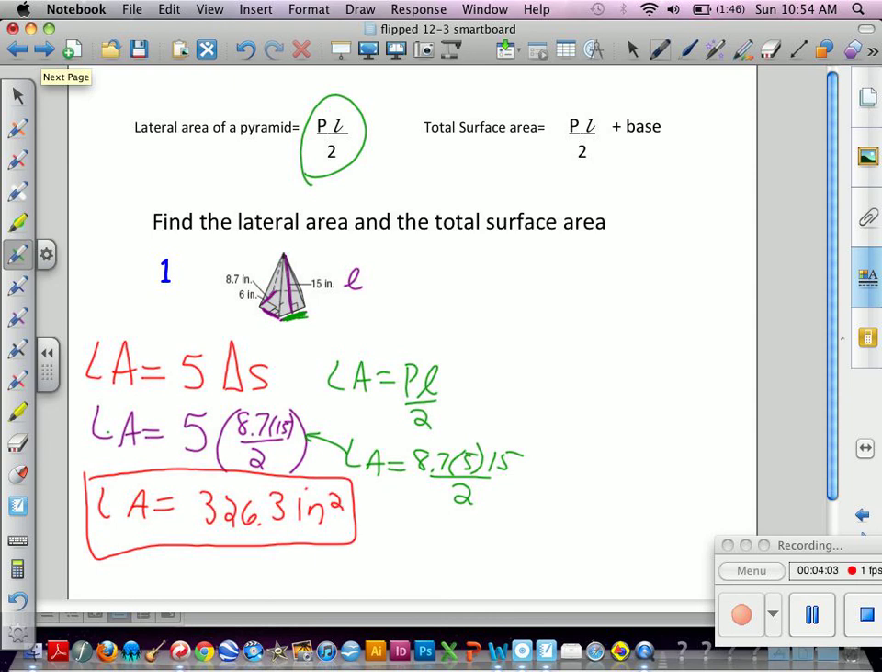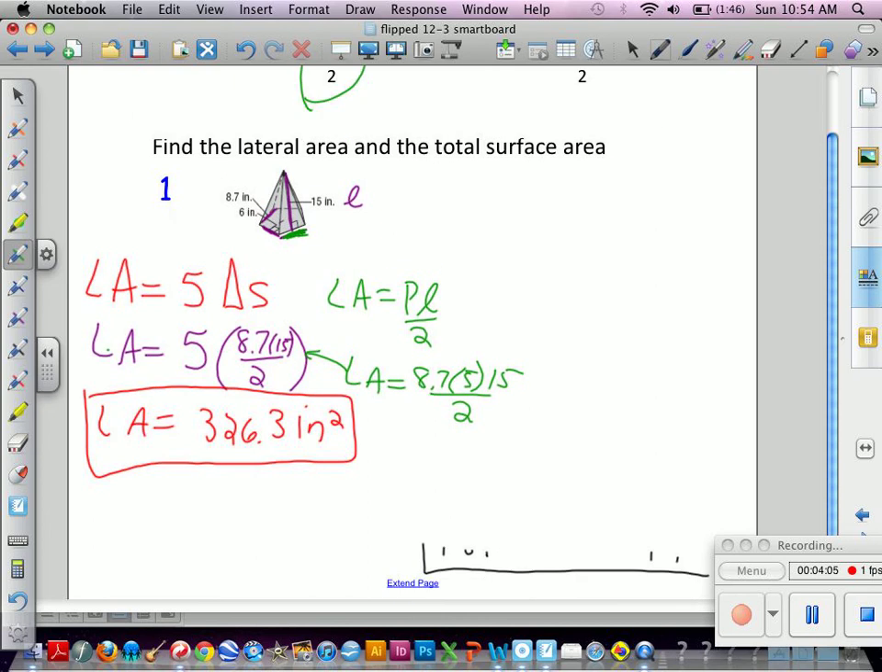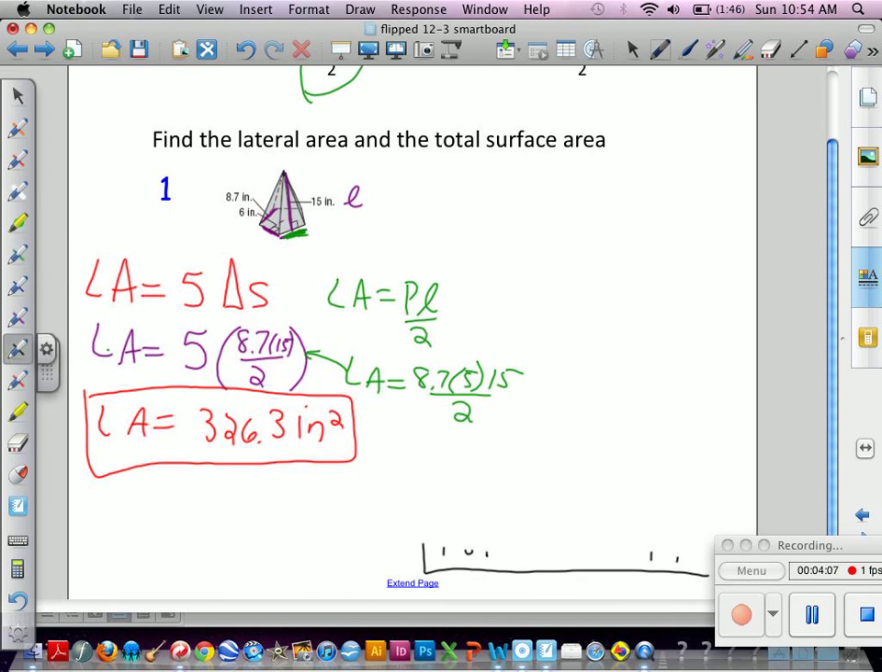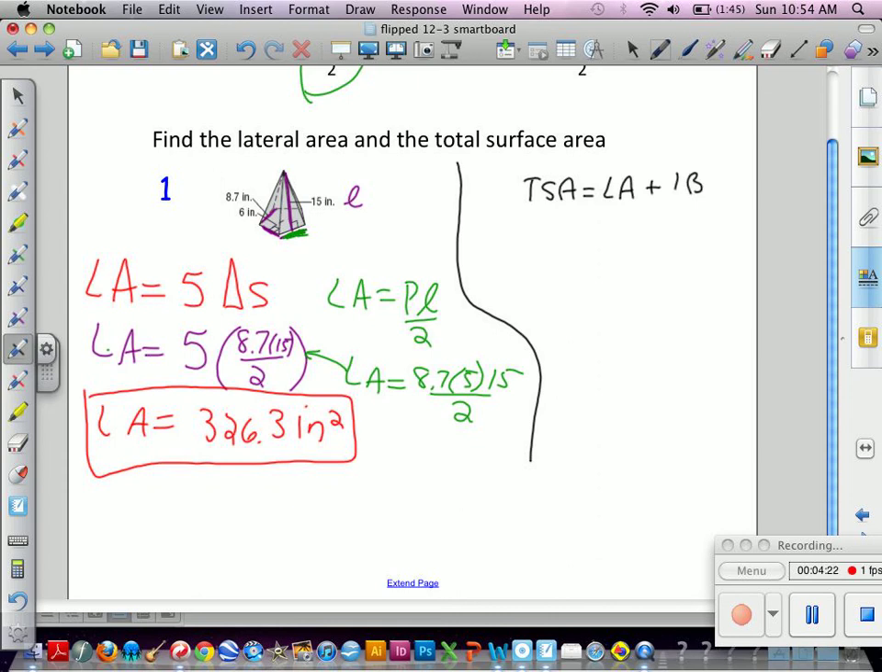Next thing we need to do is find our total surface area. I'm going to need my lateral area, plus I only have 1 base this time. On our last lesson, on prisms, you had 2 bases. So my total surface area, my LA was 326.3 plus this time,